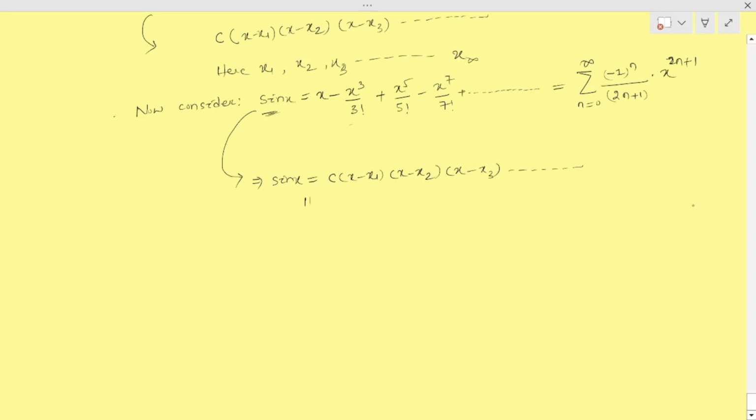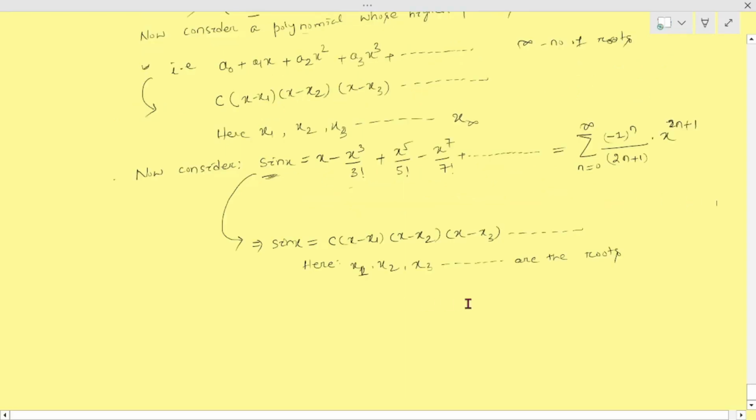Here x1, x2, x3 and so on are the roots. Okay. Now consider this sin x in polynomial format. Polynomial format means sin x equal to 0. That means sin x represented as an infinite product, or infinite number of terms multiplied with each other. If I write it equal to 0, then it will be called a polynomial